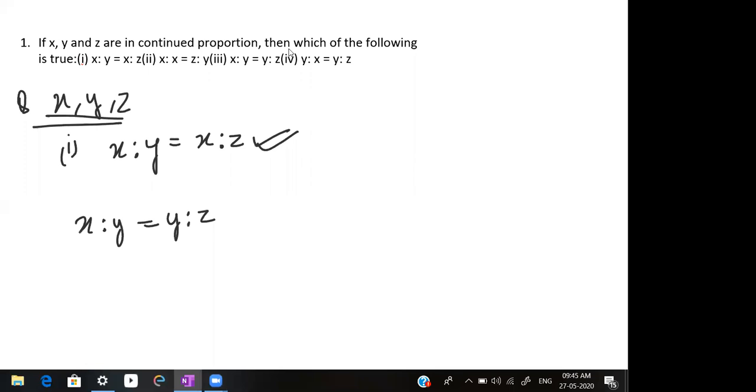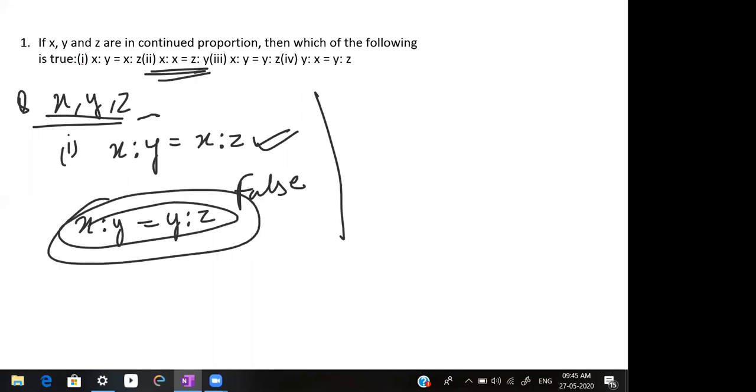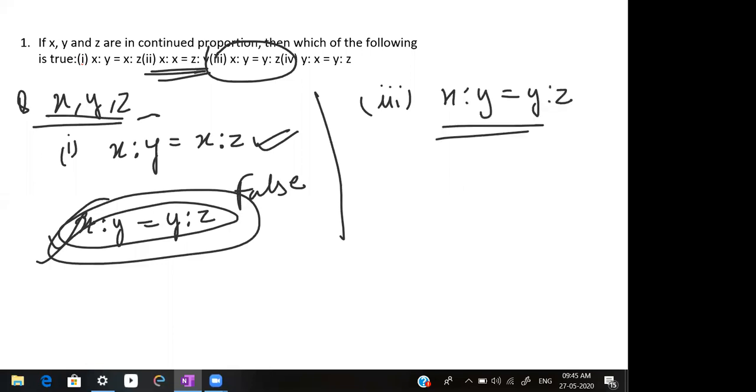Only option 3 is true, Prachi Yadav is saying. Yes, this is a false statement. Very good, Jatin. Next is saying X ratio X is equal to Z ratio Y. So this is the right statement which I have written here. Only this statement is right and all the other statements are wrong. So the right statement is only the third. As you can see here, X ratio Y is equal to Y ratio Z. So only this statement is right and all the other statements are false.